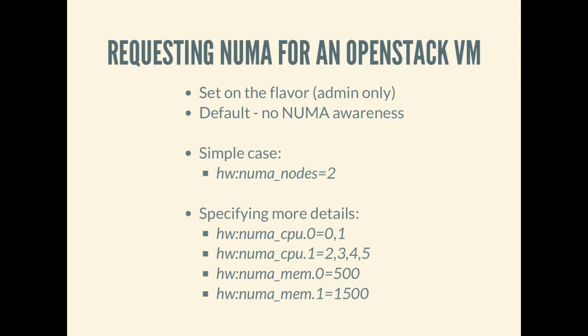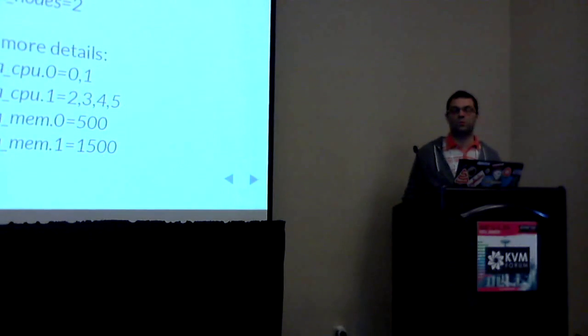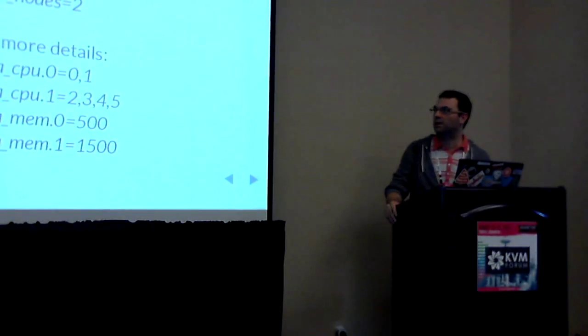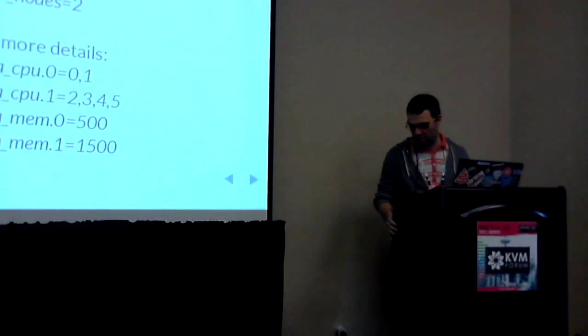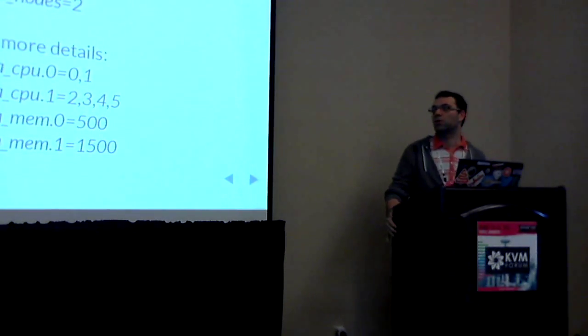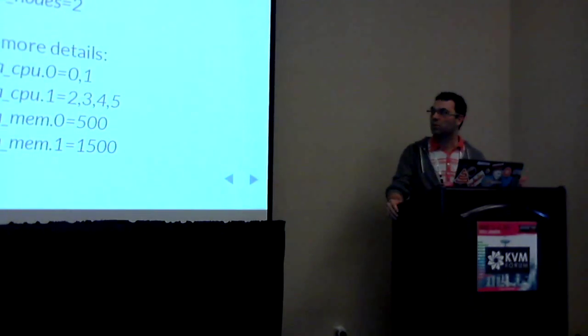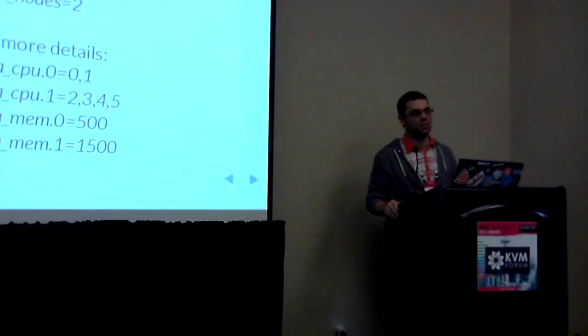So this was how can users request this? As we said, this is done through the flavors. A simple case is where an admin defines a flavor that asks for a certain number of NUMA nodes to be exposed to the VM. If the number is one NUMA node, this will be taken into account when scheduling, because normally